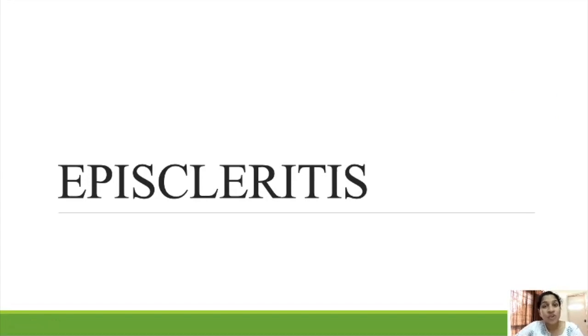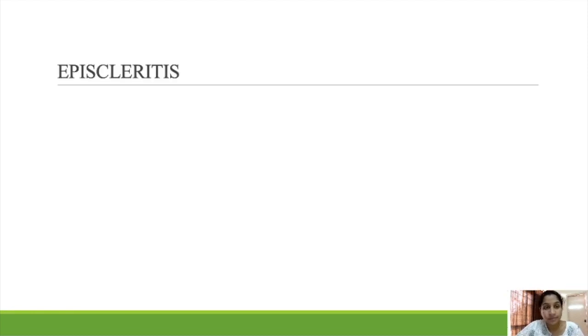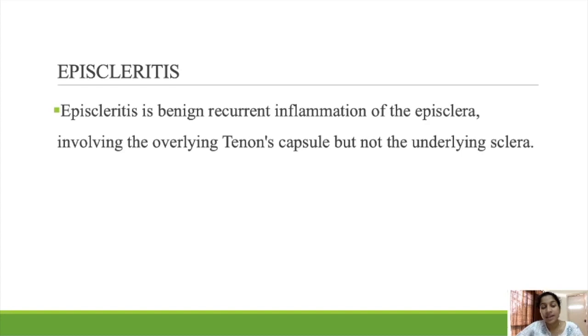Hi. So our next topic is episcleritis. We dealt with scleritis. Now our next topic is episcleritis. So what is episcleritis? Episcleritis is a benign recurrent inflammation of the episclera involving the overlying Tenon's capsule but